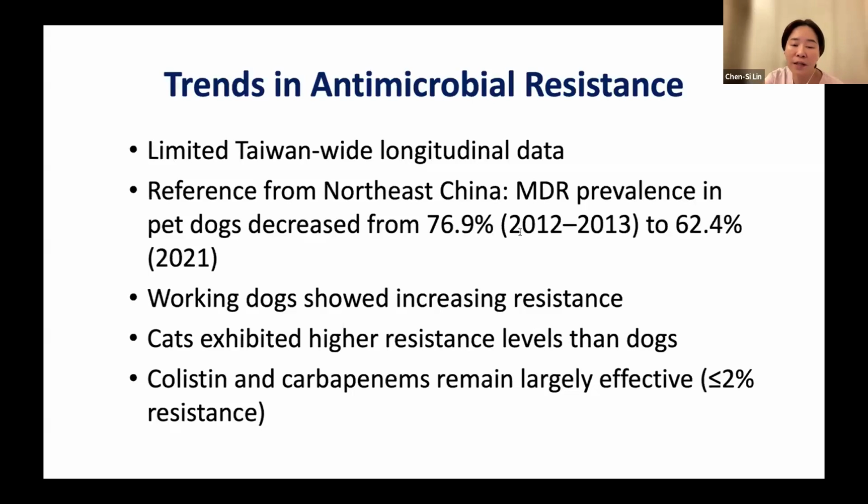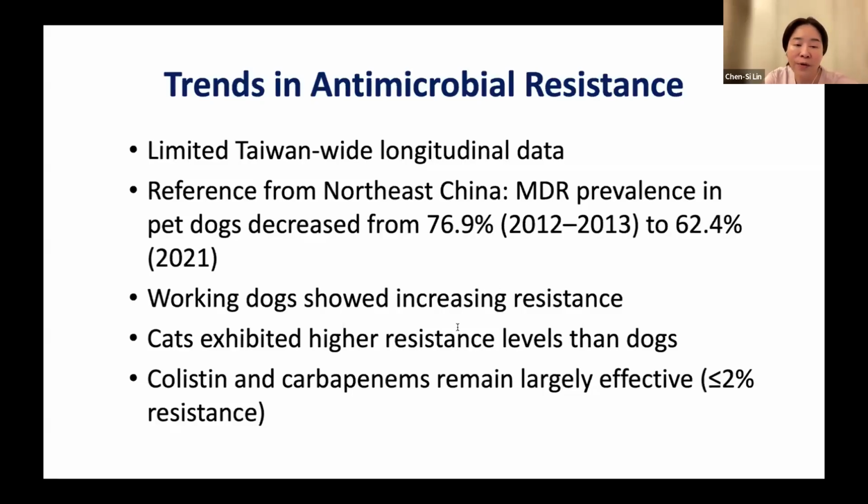So to place this in context, let's consider findings from other areas, such as from Northeast China. Between 2012 and 2013, the prevalence of multi-drug-resistant bacteria in pet dogs was reported at nearly 77%. By 2021, this number had dropped to about 62%. That decline may reflect improvements in antimicrobial stewardship, regulation, or clinical practices. However, the fact that more than half of isolates are still multi-drug resistant illustrates the scale of the problem. Interestingly, while pet dogs showed this decline, working dogs demonstrated the opposite trend, with resistance rates actually increasing. This raises an important question about differences in management, antibiotic exposure, and